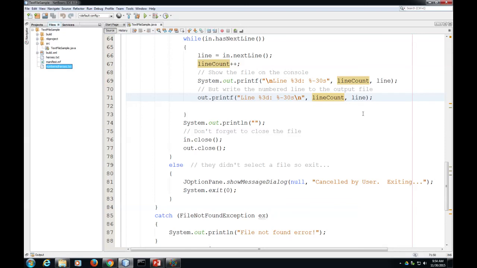So it's real handy to use the JFileChooser. It minimizes a lot of hassles that would happen if you had the user type in a file name. Okay, that's